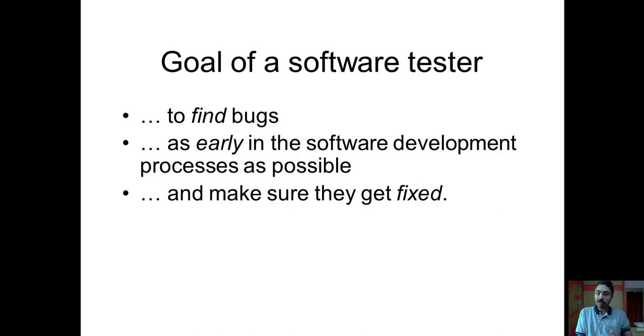The consequence of that will be that the bug will not be found in the earliest phases, and if you find that bug after the development, once the code is in your hand, then obviously that will cost you more in terms of time and cost. So that's why the goal of a software tester is first to find the bugs, because that is what they are paid for. They are paid only to find the bugs. Then second, they are supposed to find the bugs in the earliest phases of software development.